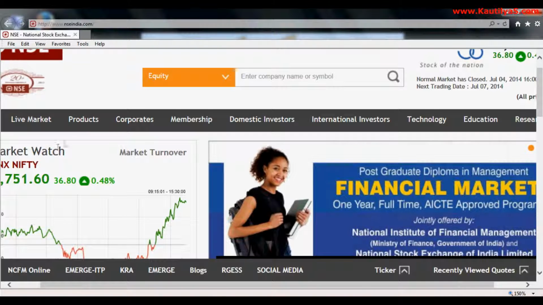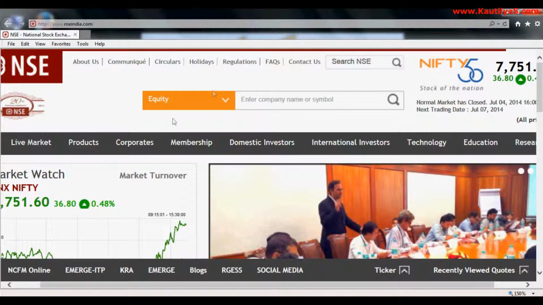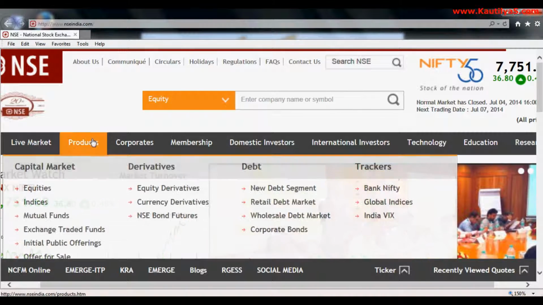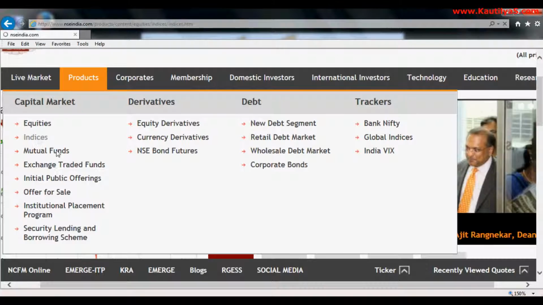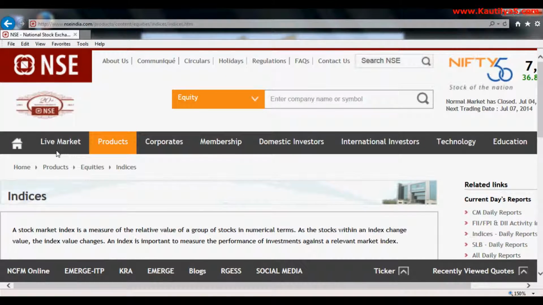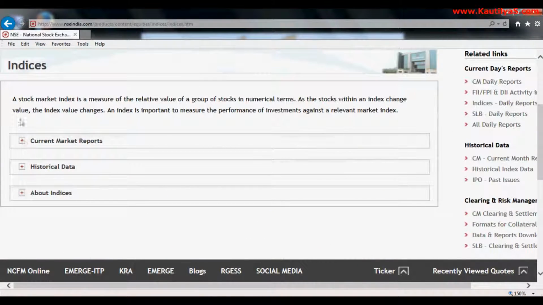Once you get the official website of the National Stock Exchange of India, click on Products and then the Capital Market section, go to Indices, click on Indices. Here we have an indices section. It gives you current market reports, historical data and about indices. We click on historical data,